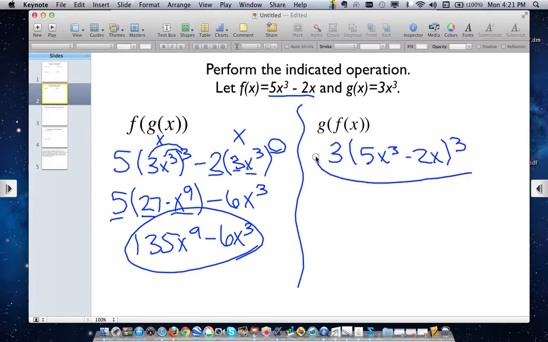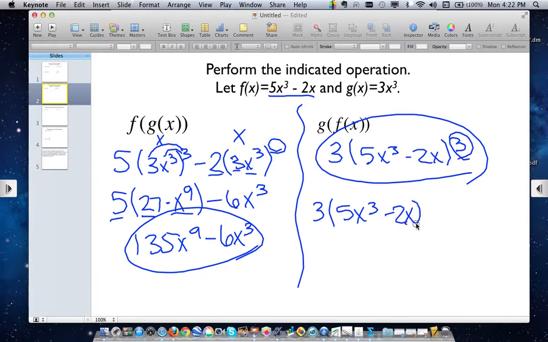This is all I wanted for your answer. Remember I told you I just wanted to see the first step with the substitution. Because if you did this correctly, when you distribute, you're not distributing this 3 right here. That doesn't make this 15x to the ninth minus 6x to the third. It tells you that you want to multiply these factors 3 times, and you're going to have